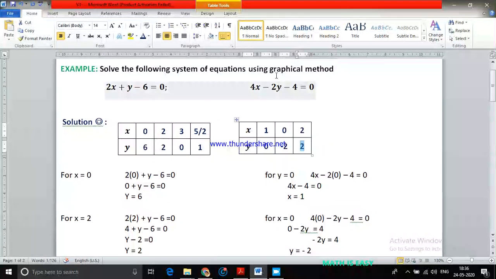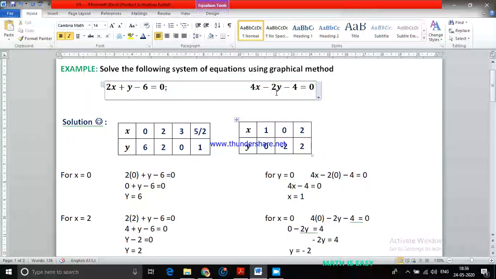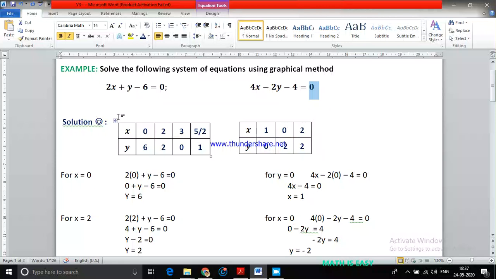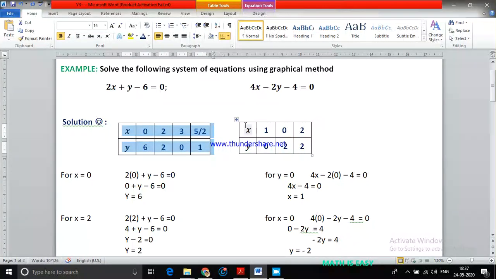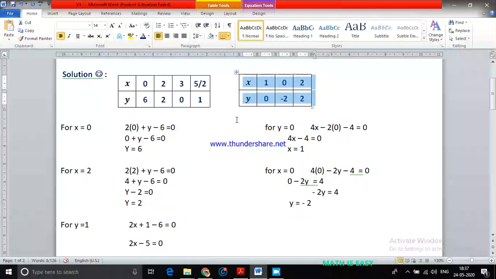Just I calculated orally. If y is 2, then 2 2s are 4. This is minus 4 will come here. Here also minus 4. Total minus 8. If minus 8 will come to the RHS side, this side, after equality, it will come plus 8. So I'll get 4x equals to 8. Then x will be 2. That's how I solved it orally. Understood? Now I got both the tables. This first table represents the first equation, and your second table represents the second equation.